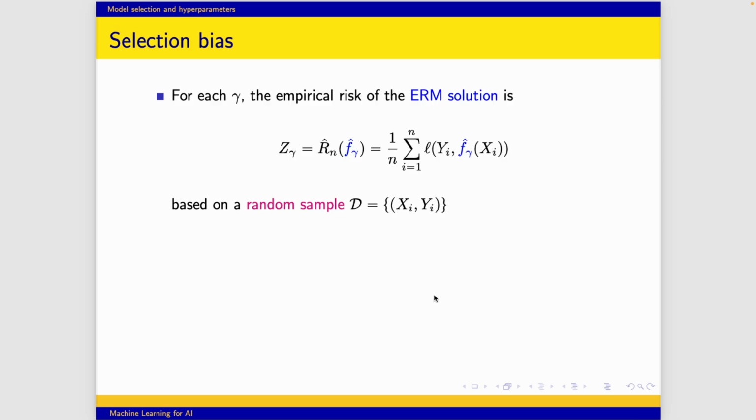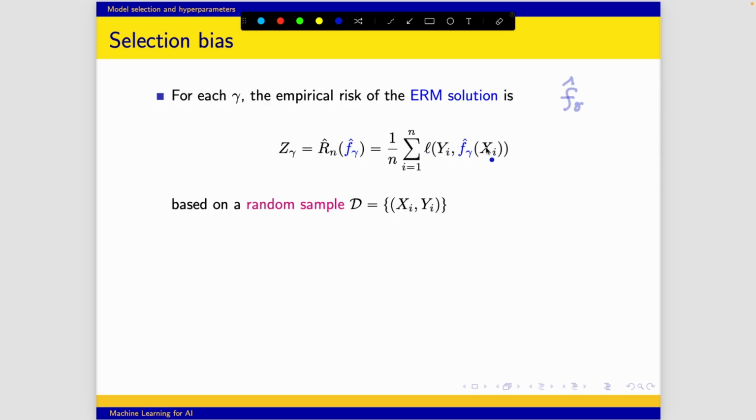So what we're defining here is the empirical risk of the ERM solution f hat of gamma. So this itself comes from empirical risk minimization. So I'm going to call this z of gamma. So for a fixed gamma, I'm going to define z of gamma as the empirical risk of our ERM solution, and it's defined by this